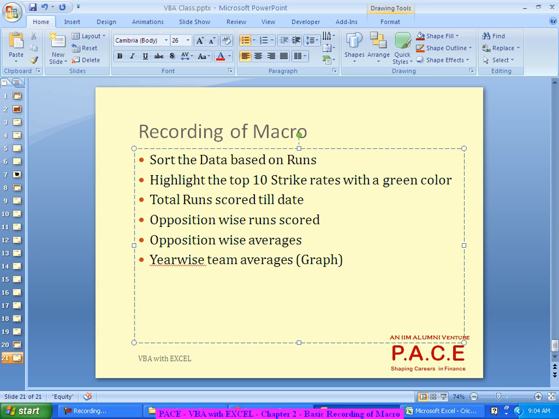And remember that this data keeps changing with every match. New data gets added. Probably 11 new records will be added, and with those 11 new records, again you have to do this entire thing, because the totals would have changed. Probably some new score would have come into the top 10. All these are very much possible.